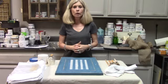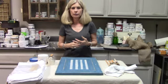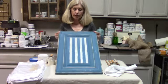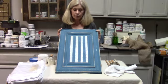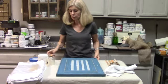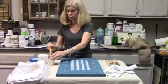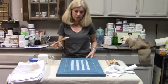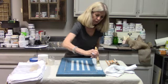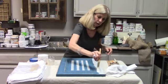Okay, I'm going to show you one more way to do stripes with the faux glaze and paint recipe from Vintage Market Design Furniture Paint. We just did this cabinet door using blue tape to get some pounced stripes, and there's another way you can do stripes. So I'm going to use my same glaze that's 75% clear faux glaze and 25% lace paint, and I'm going to go through the perimeter here and just loosely brush it on and get it in the